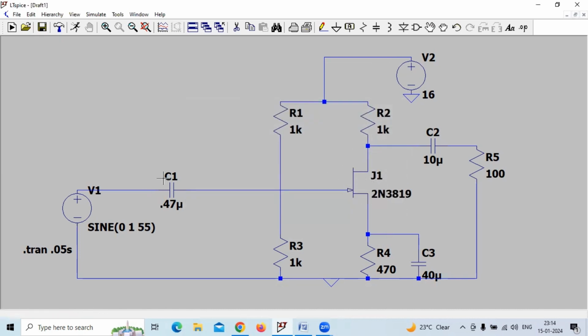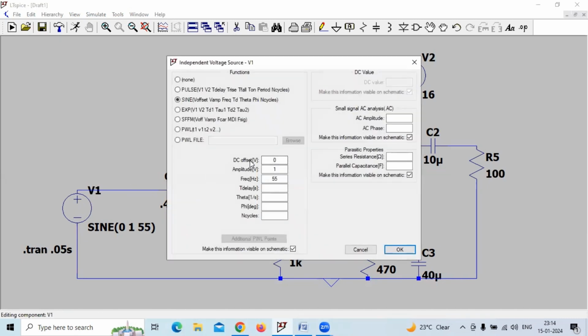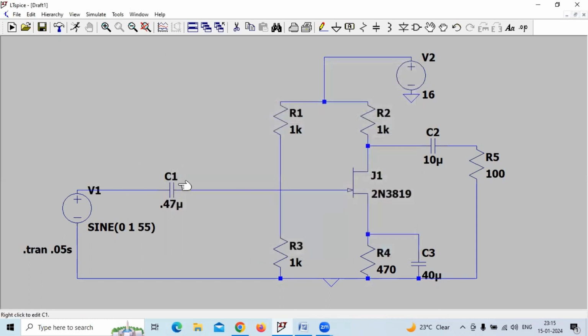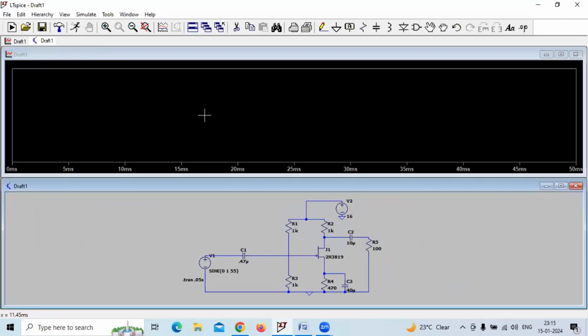Apart from this, all other values that we have given: for the voltage source, DC offset I have taken 0, amplitude 1, frequency 55 Hertz. C1 I have taken 0.47 microfarad, C2 10 microfarad, C3 40 microfarad. R1, R2, R3 I have taken as 1K each, and R5 I have taken 100. This VDD I have taken 16. Okay, and once you run this,